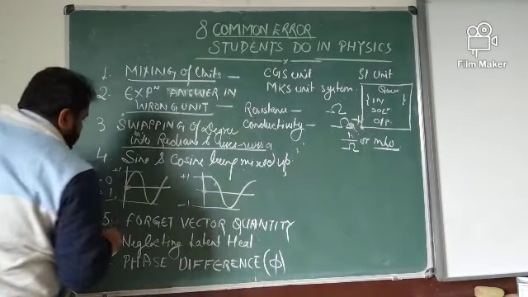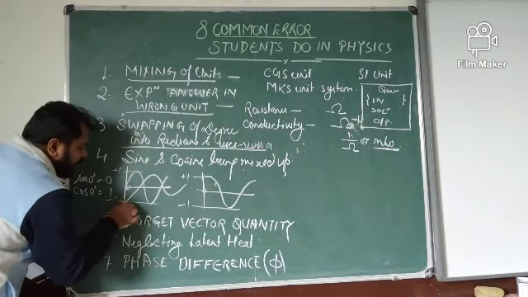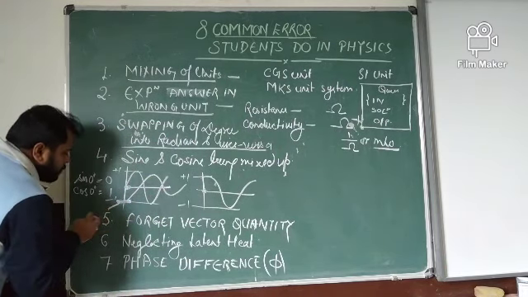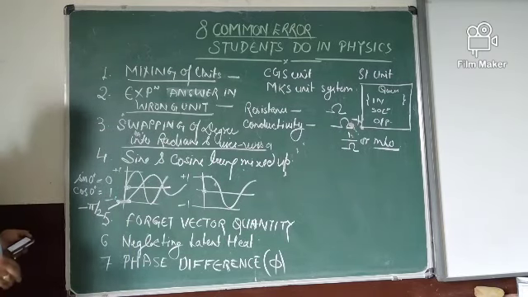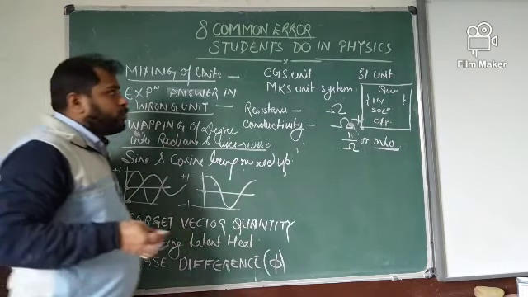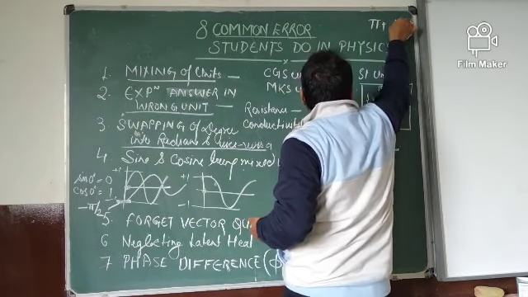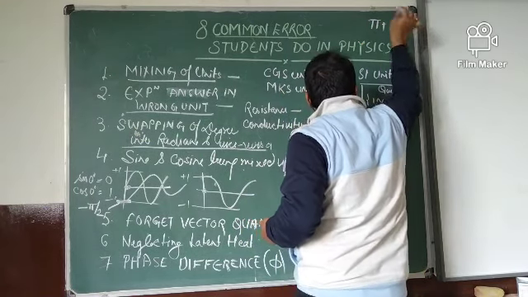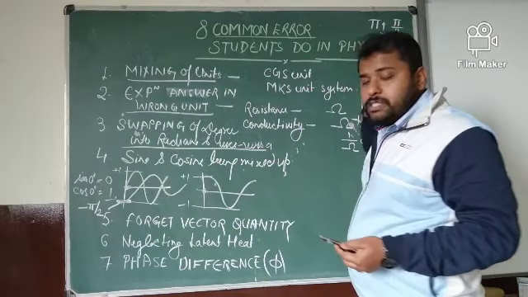But what if that particle started from this point? If particle started at this point, that means this point is nothing but pi by 2. ये आपका फेज डिफरेंस होगा। दैट मीन्स आपका अगर कंप्लीट रेवोल्यूशन हो रहा है, सो यू हैव टू टेक पाई प्लस पाई बाई 2। अगर वो आगे से चल रहा है तो प्लस, अगर पीछे से चल रहा है तो आप माइनस ले लीजिए।